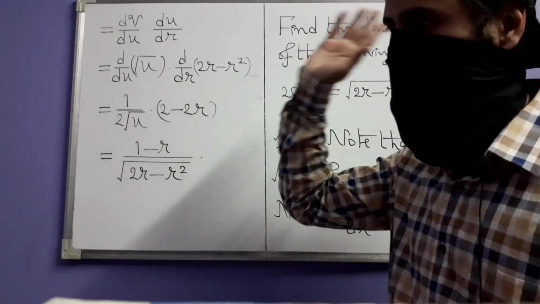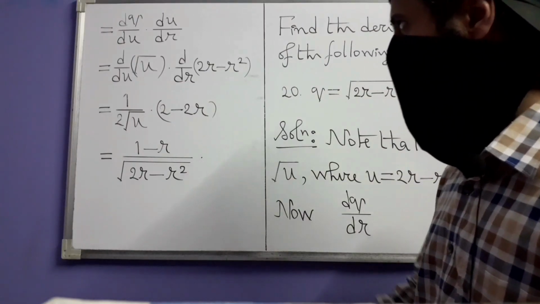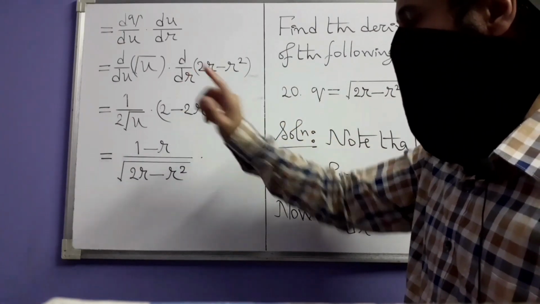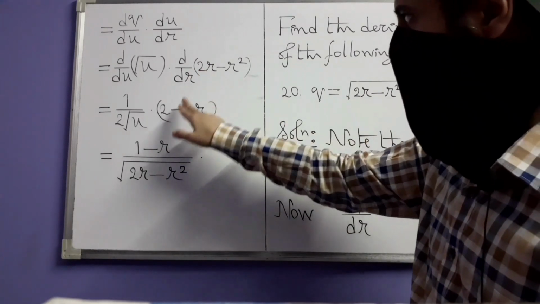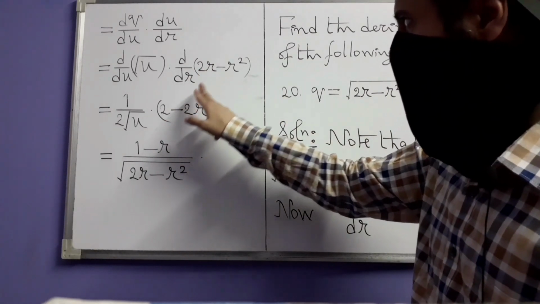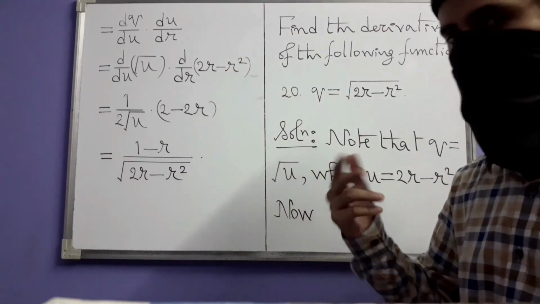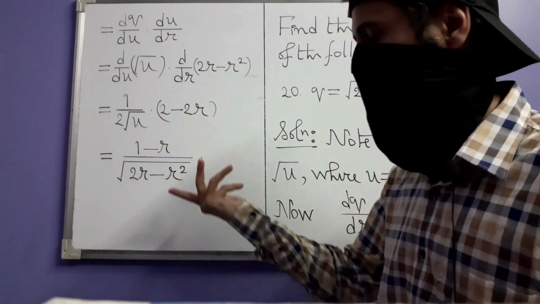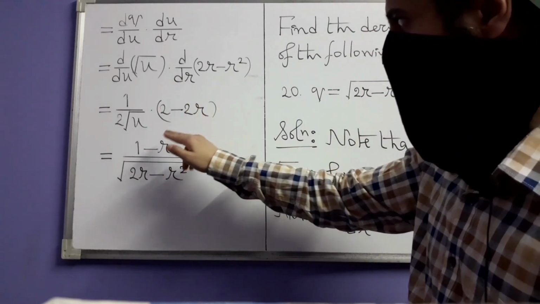We calculated it way back: 1 divided by 2 times square root of u. And here of course 2 will come out of the differentiation process by the constant multiple rule. d/dr of r is 1, and minus d/dr of r squared by the power rule is 2r. And then you can cancel 2 from the numerator and denominator, giving you 1 minus r divided by square